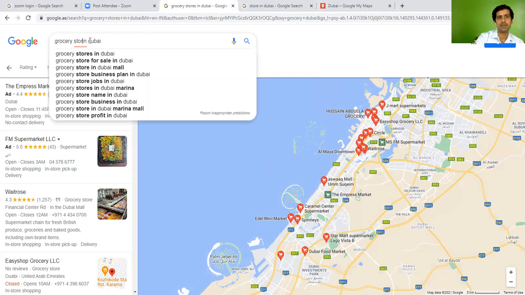I will show that you can give a different option where stores are for sales, or mall, or store plain. These are the different options. You will select the keyword, so that the business belongs to a particular business. Okay, now I will jump to how we are able to enable it in Google.